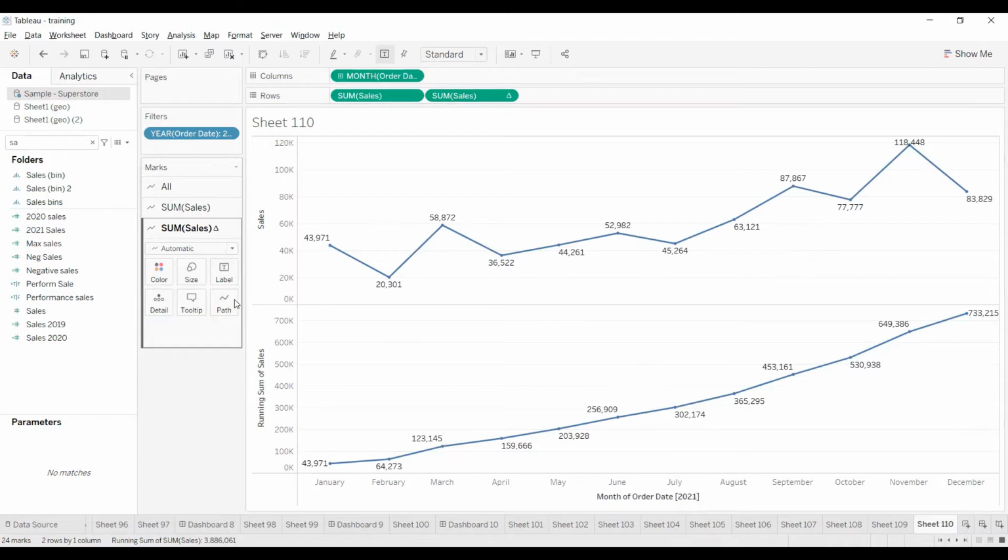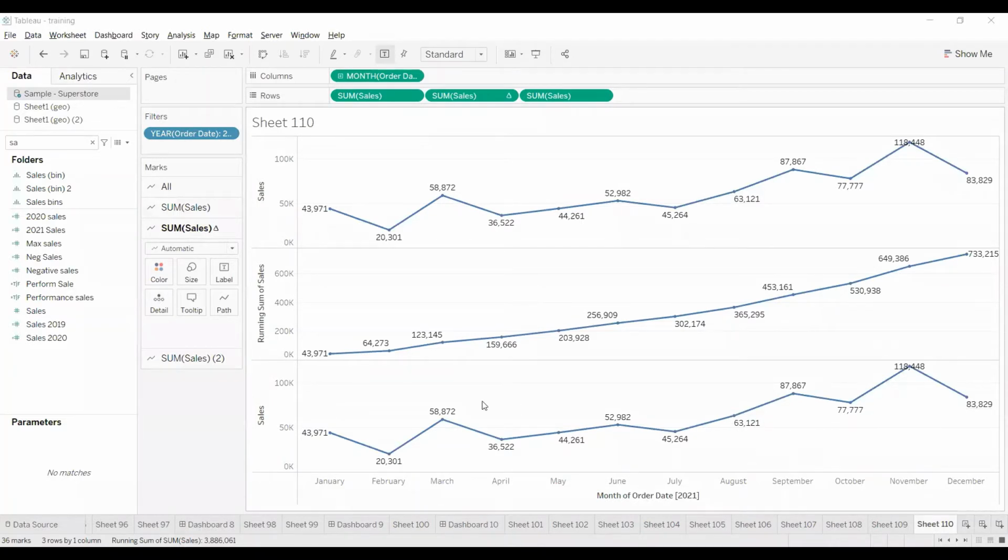And there are other different calculations. Now we are going to see the difference of sales between last month and current month.